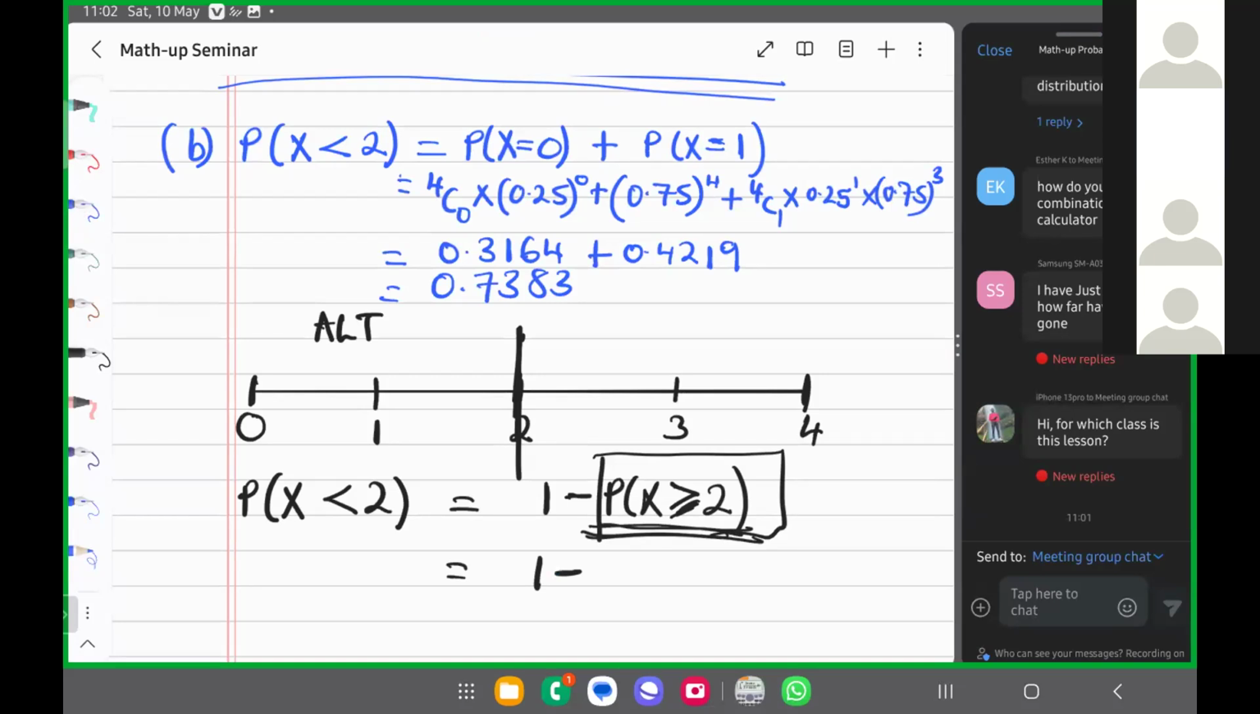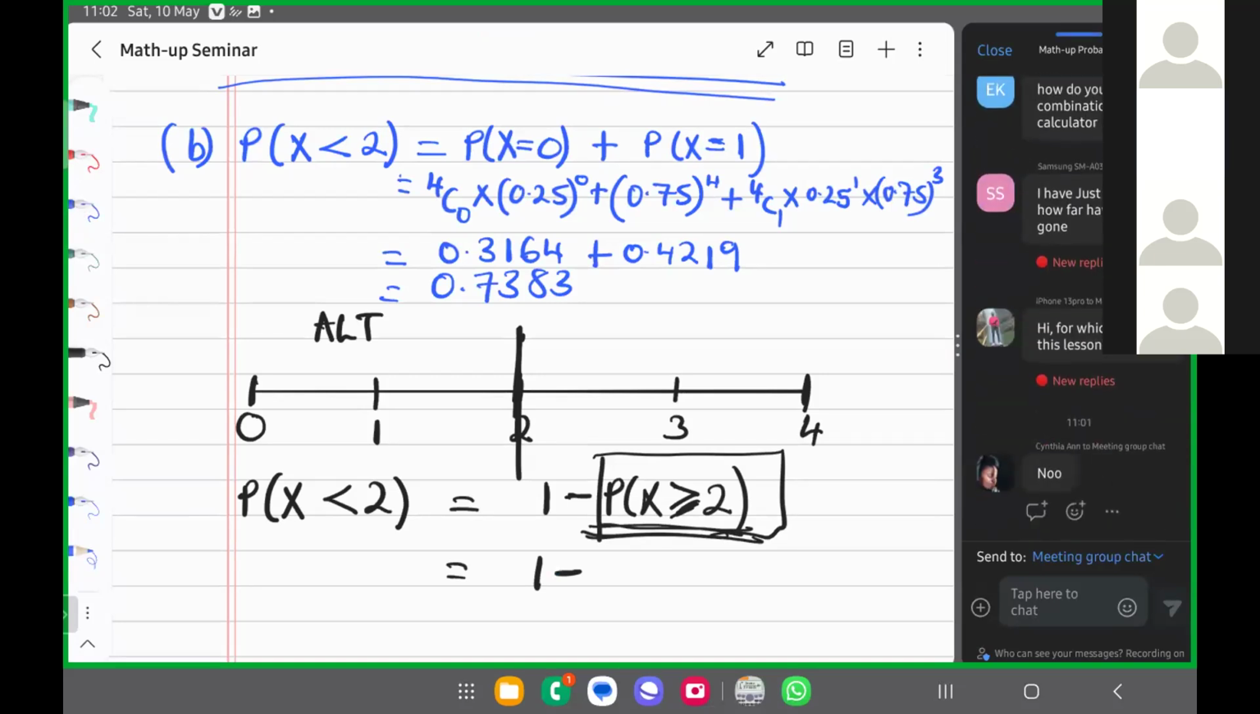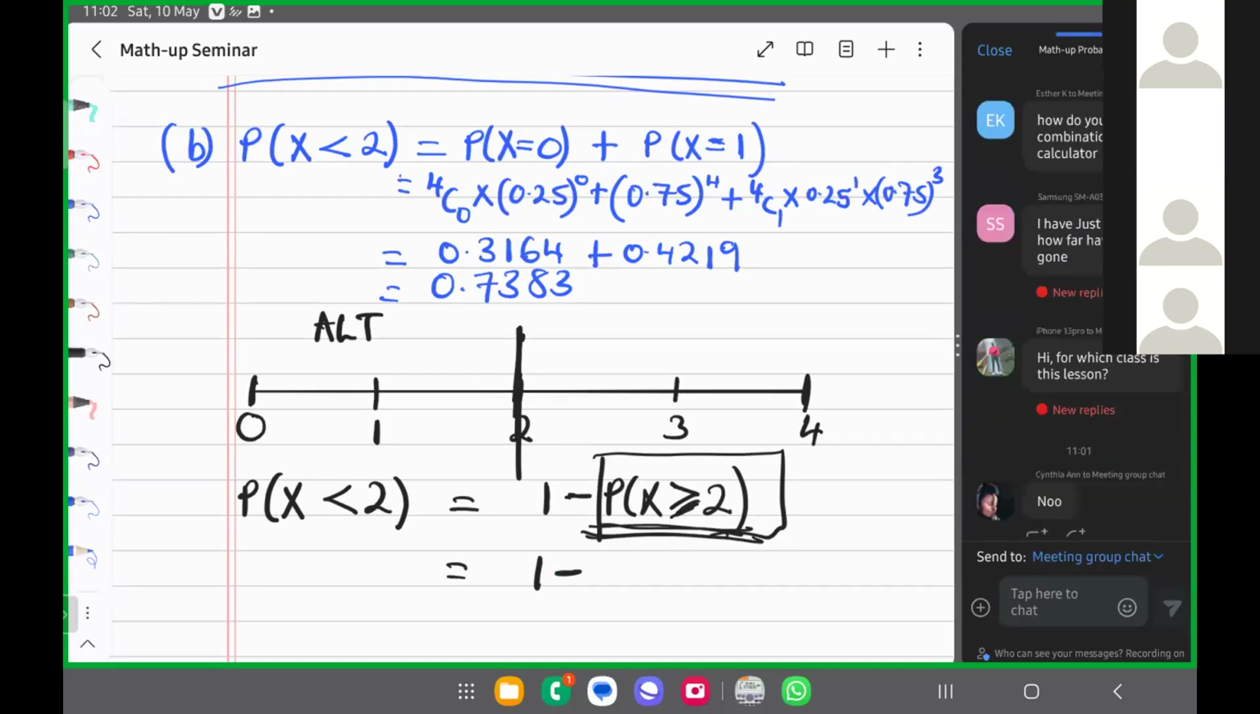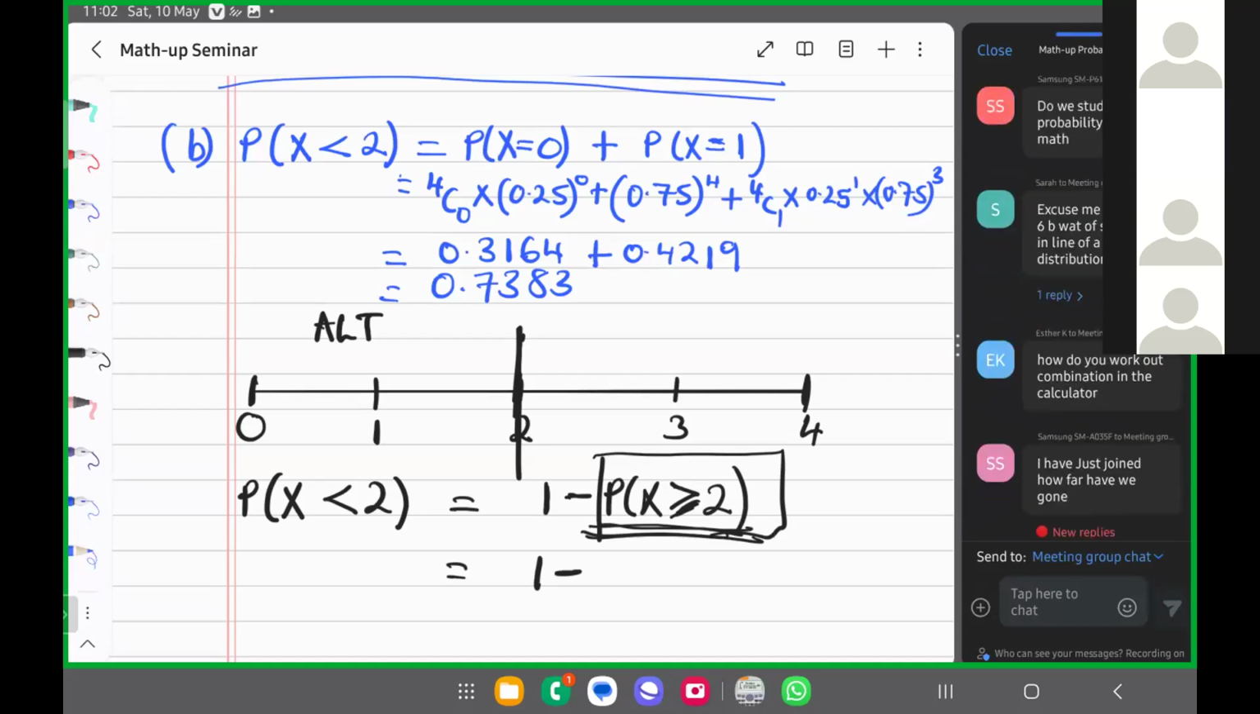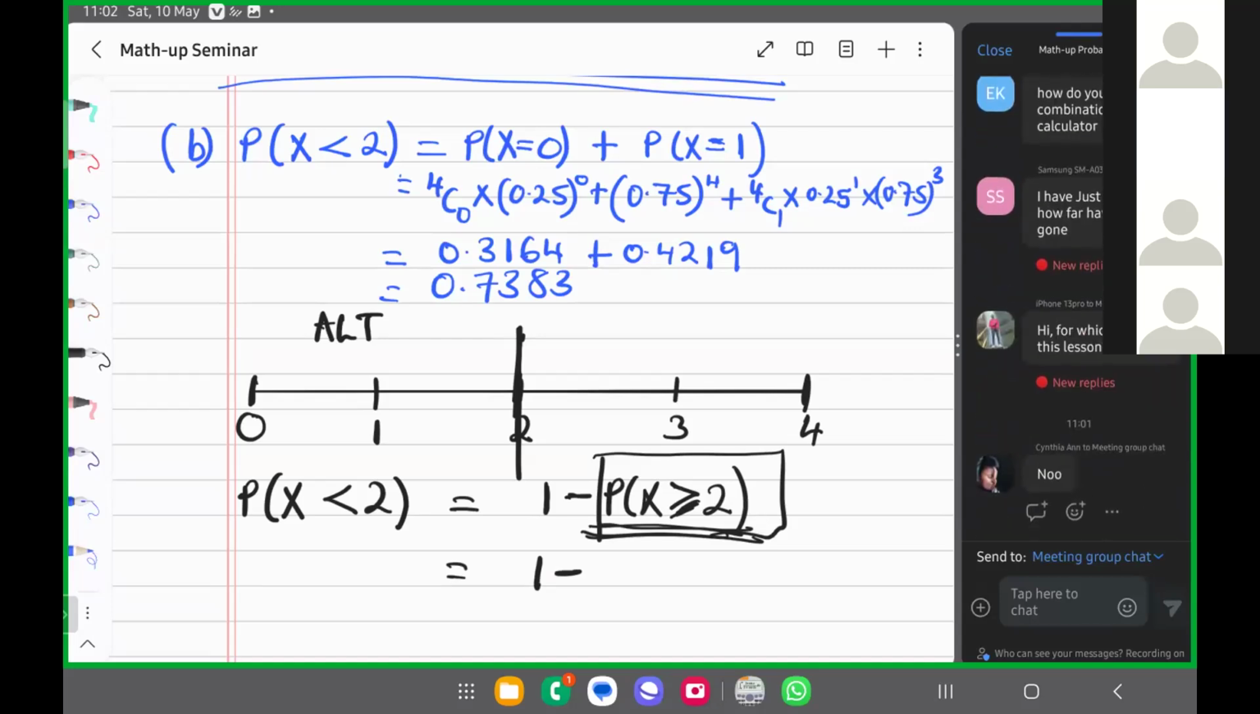Max, do you have your logbook there? Do I have your logbook? It's not near me, but